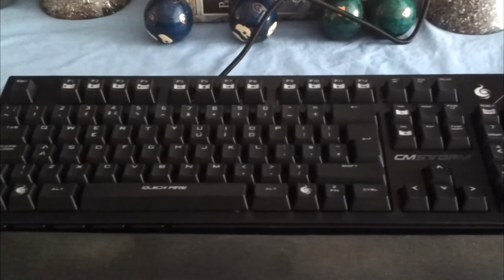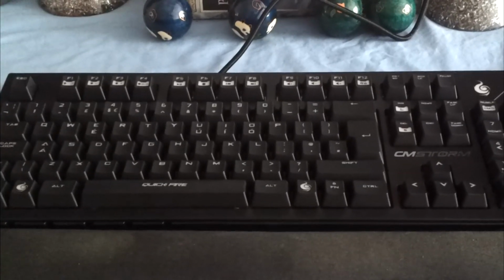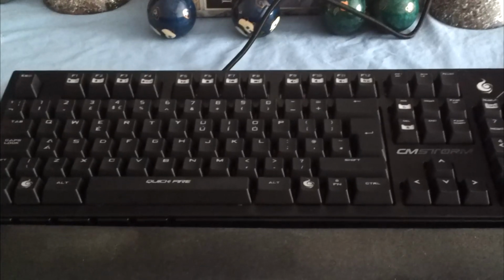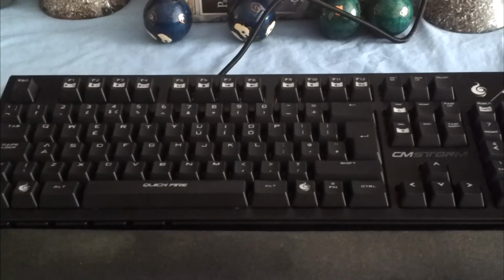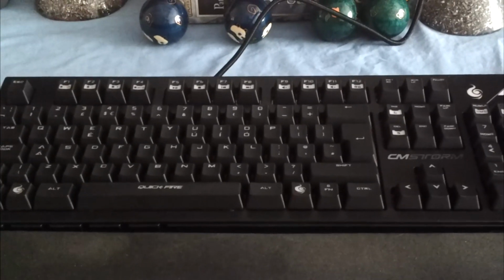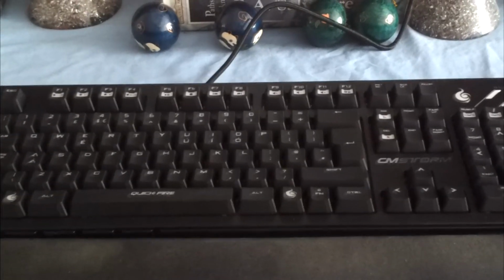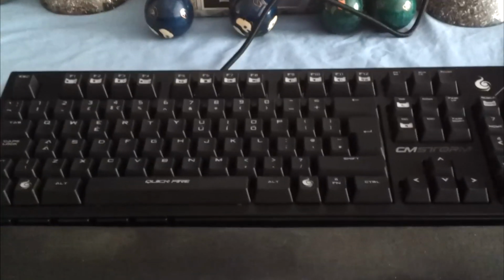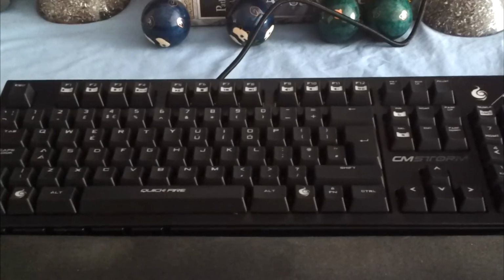It's available in different flavours of switches, but I would be paying at least £120. I don't know what that's equivalent to in dollars, but it's a lot of money for a simple keyboard with no backlighting and no macro keys or no other functionality at all. Plus, the cord on that thing's apparently only 1.5 meters, which is not long enough for a lot of people that like to have their computers under the desk. So all things considered, I thought, well, maybe it's a bit much to pay for a nice premium quality